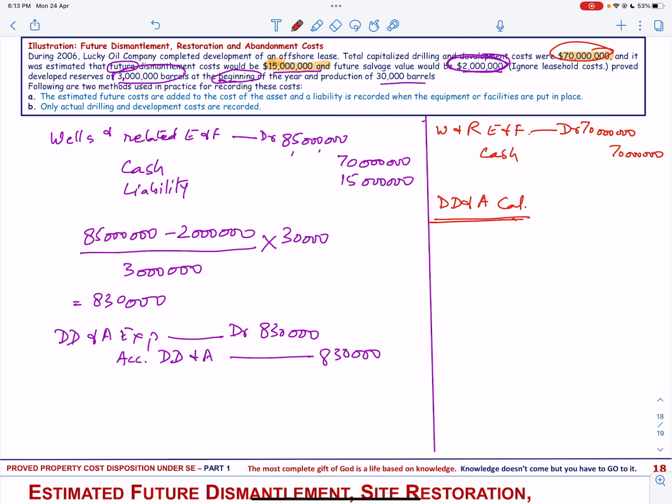So we have 70 million minus the salvage value of 2 million divided by the proved developed reserves, and that is 3 million, and the production is 30,000. So that gives us